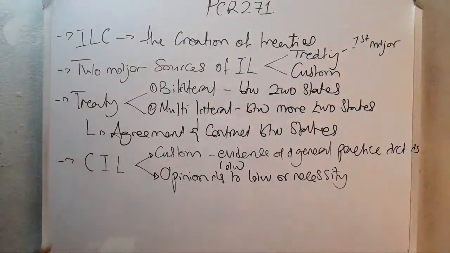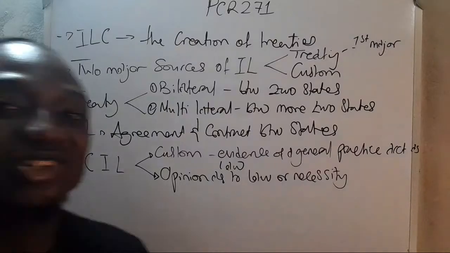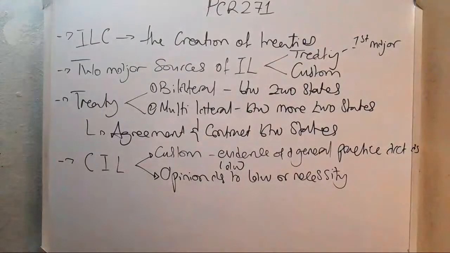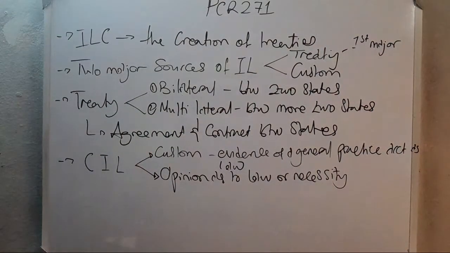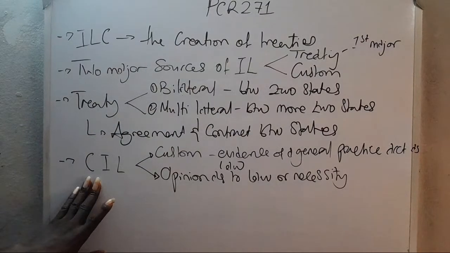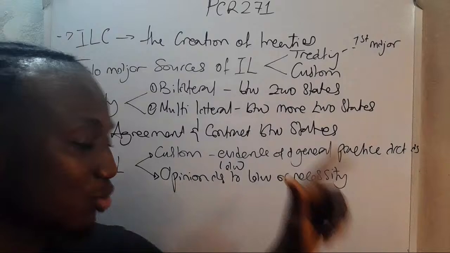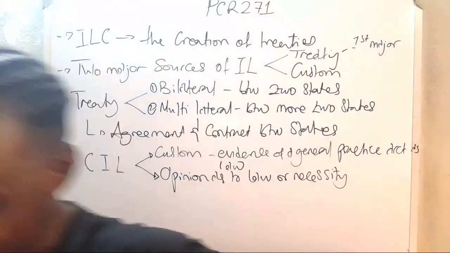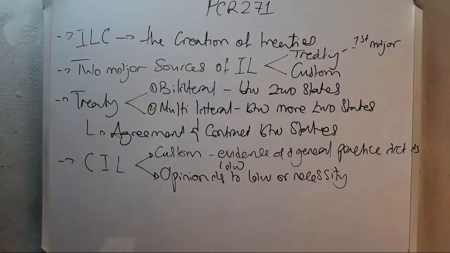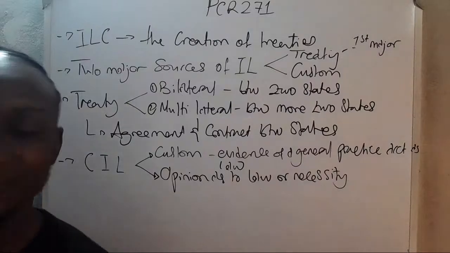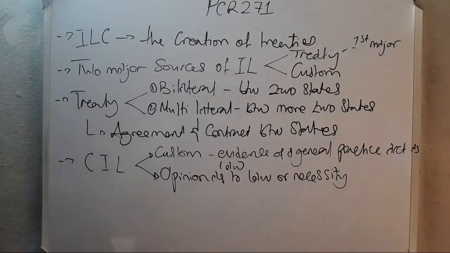All right. So don't forget, we are talking about international states now, not just locally. So now it is made up of these two elements. That's customary international law: the custom, number one, and the opinion as to law or necessity. So we have that as that. So now let's take a step further.